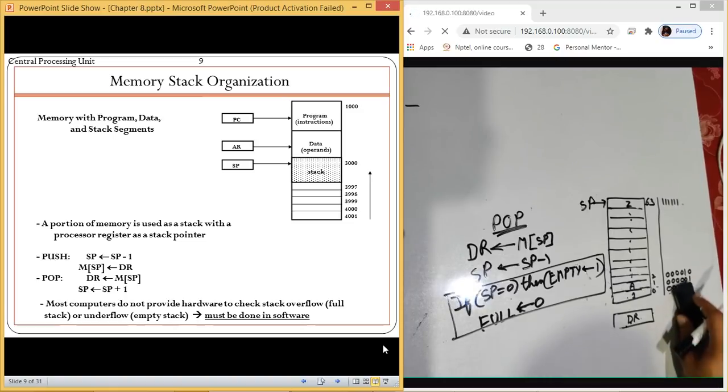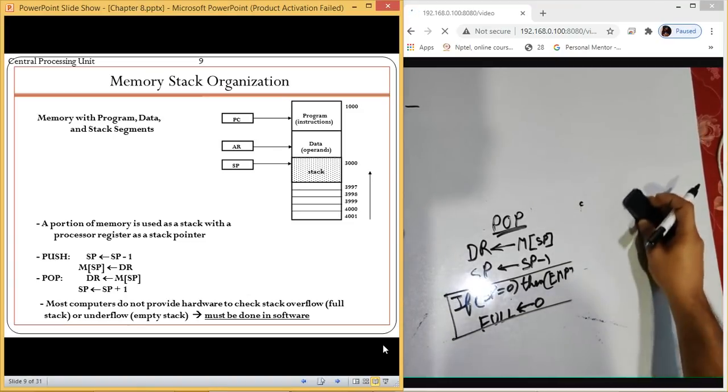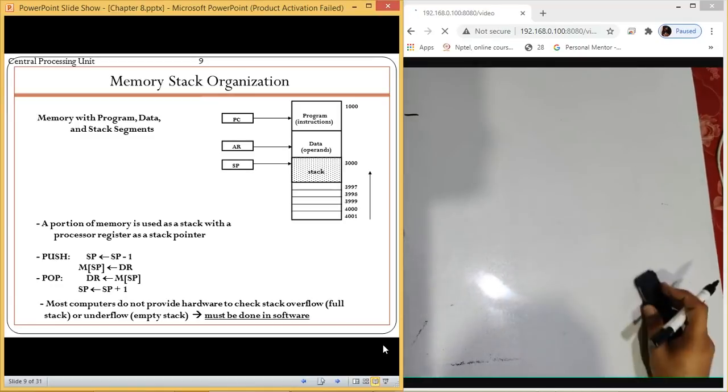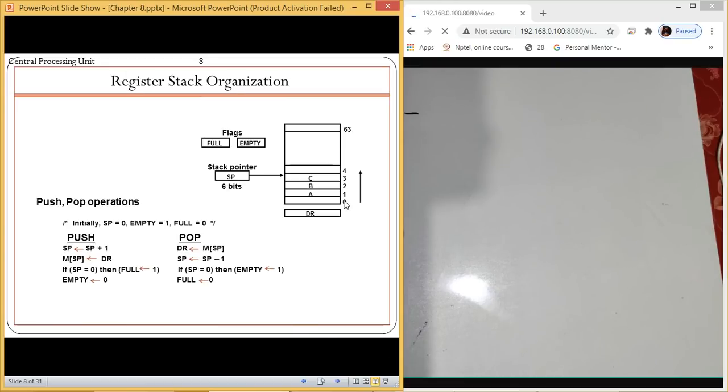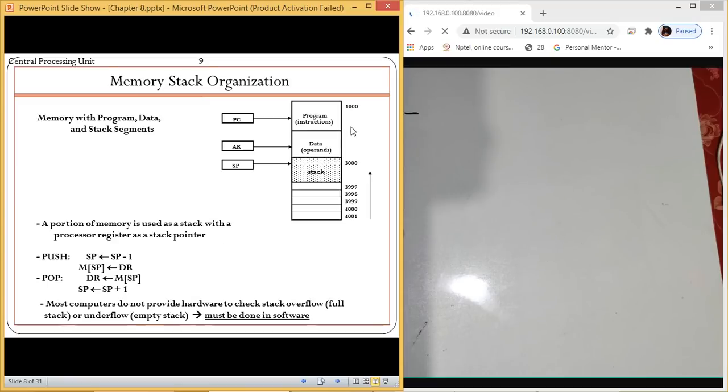So as you can see in the example, now here what we can see is there are instructions. If you check at this place, it was starting from 0 ending at 63. Now this is the reverse. It starts from 1000, it is ending at 4001, and certain part of it is used as a stack. So for data we have AR, we have PC, which are the program counter and address register. So similarly we have reserved certain part out of your memory to work as a stack, and there is a